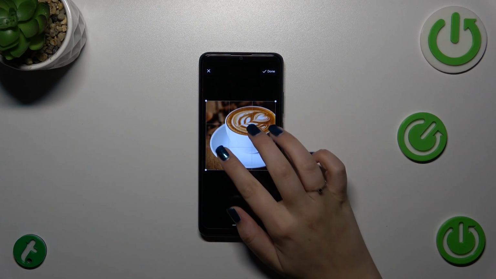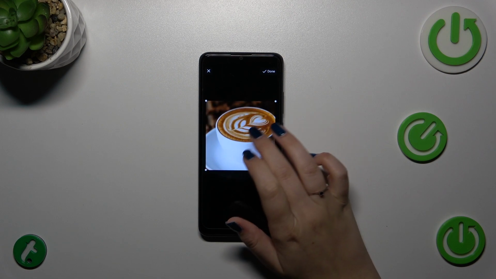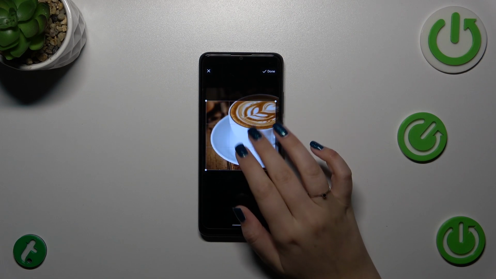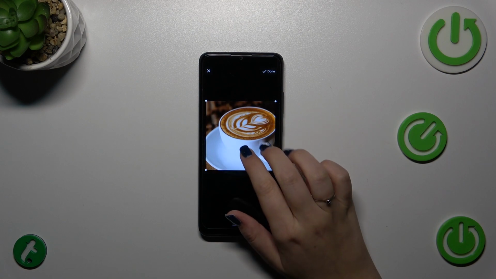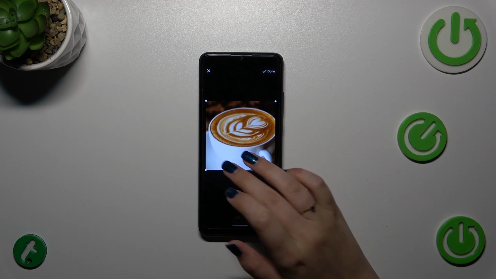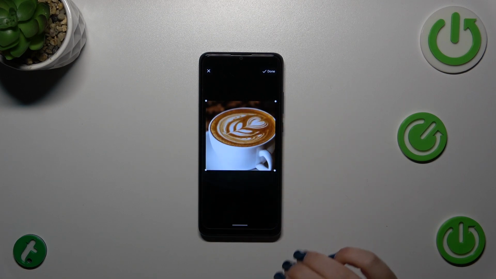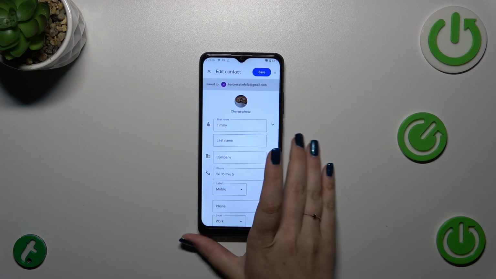And here in this step we can change the size of this highlighted square, we can change the position of the photo, we can zoom it in or out, and thanks to this we can decide what we will see after saving the whole contact, because basically this area is responsible for it. So if you're happy with your choice with the framing, simply tap on done in the right upper corner, and